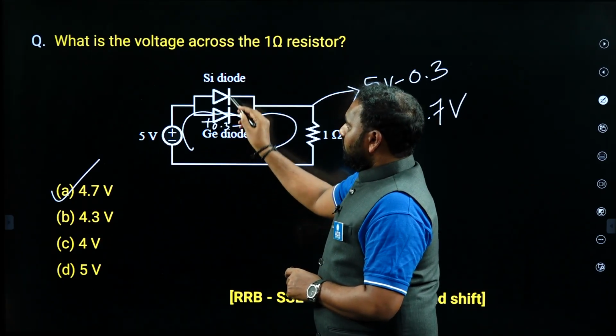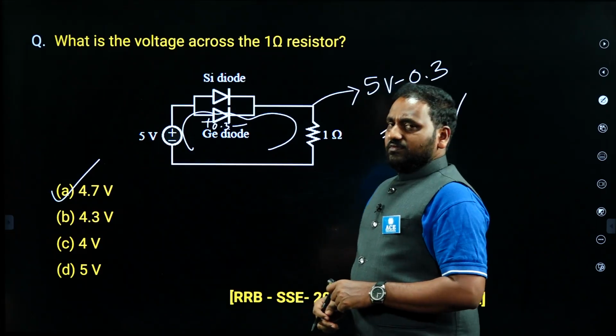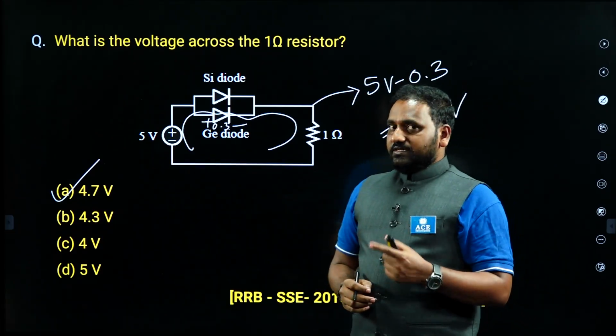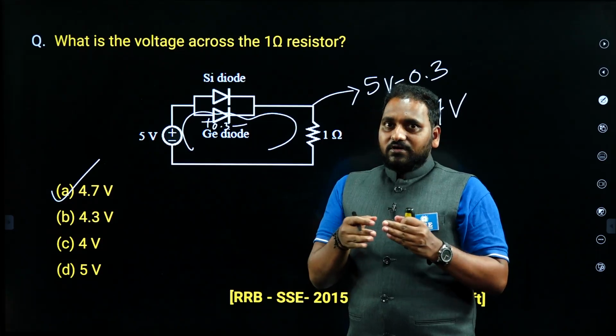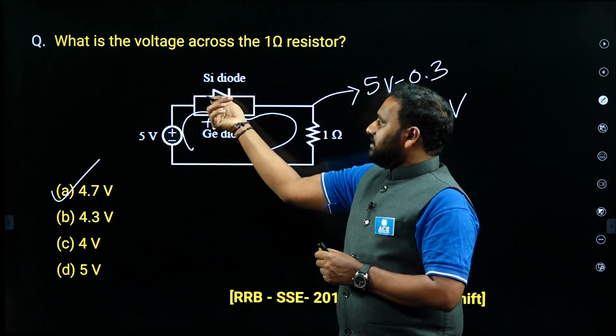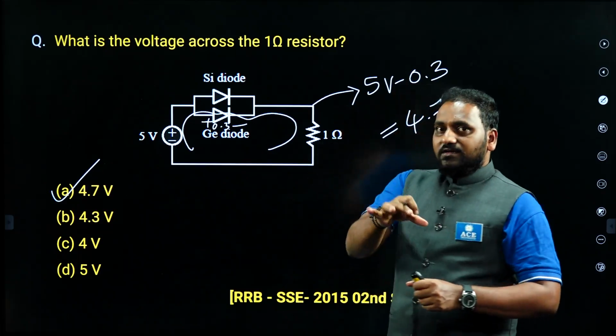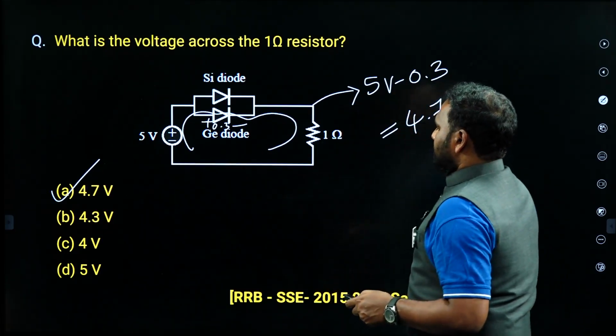But one germanium, one silicon means, so the delicate diode, strictly speaking, it's not a technical word, just for comfort we are using delicate diode, strong diode like that in the lectures, right. So the germanium requires less voltage than silicon, hence it will quickly be pushed into the conduction state, okay. That's all,